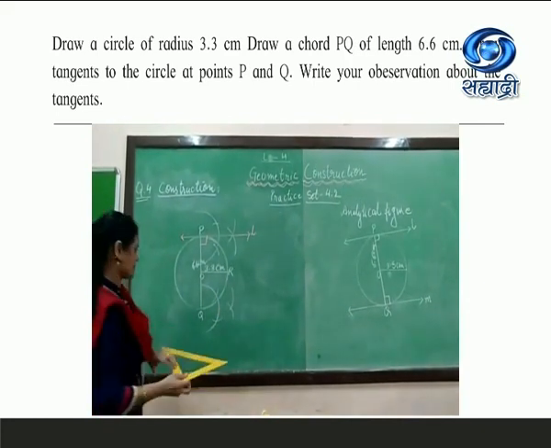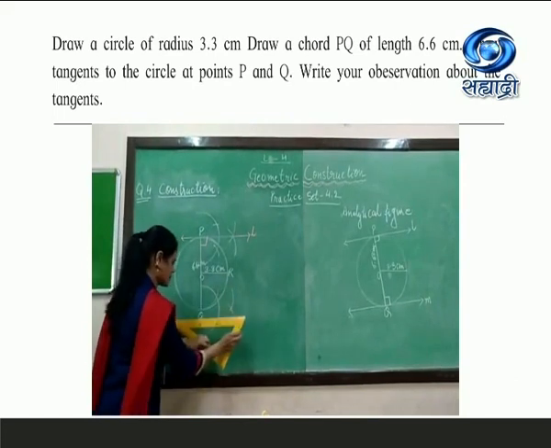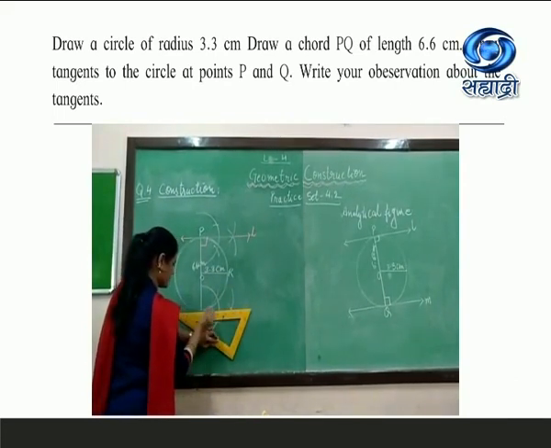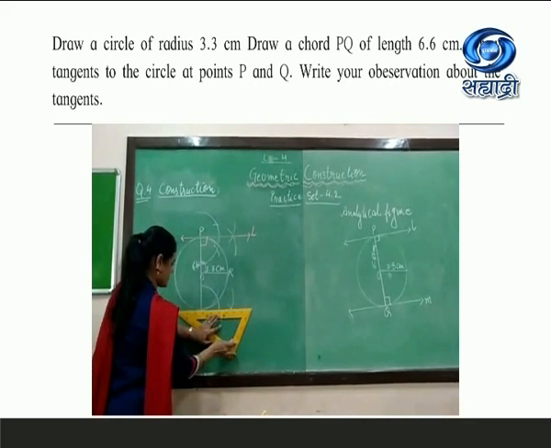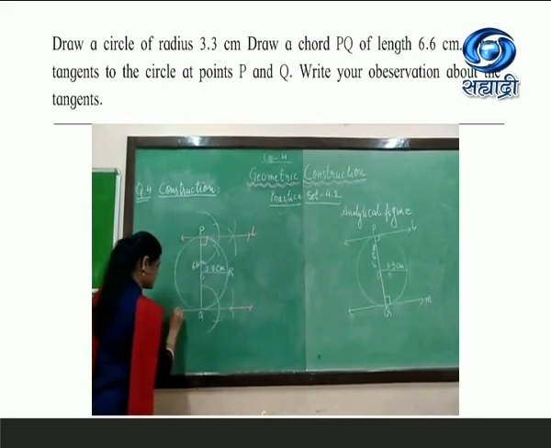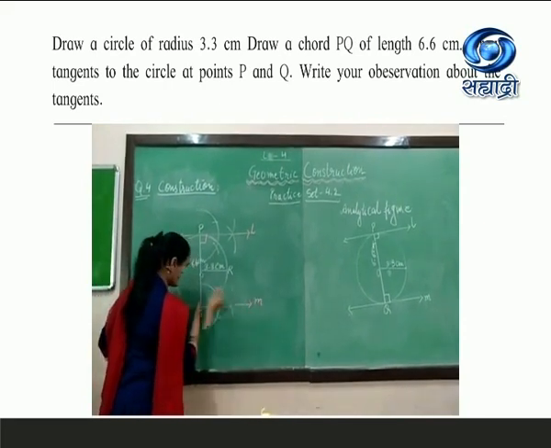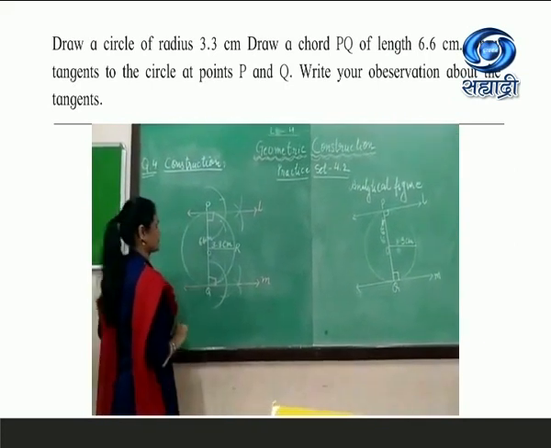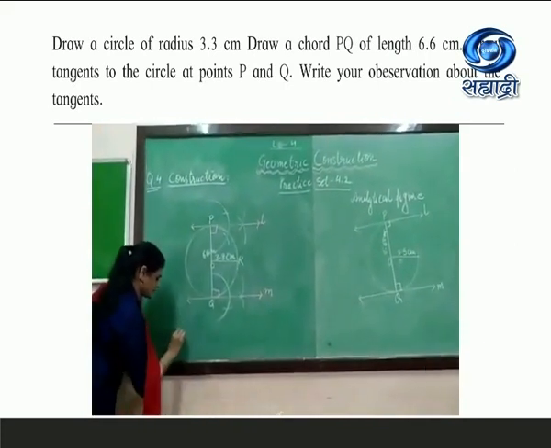So this is one method purposely I have shown. In the previous one, we have already learned to draw a tangent on the point on the circle. So this is the way you draw. And now what can you see? Just observe it and write your answer about line L and M. They are perpendicular, they are the tangents.